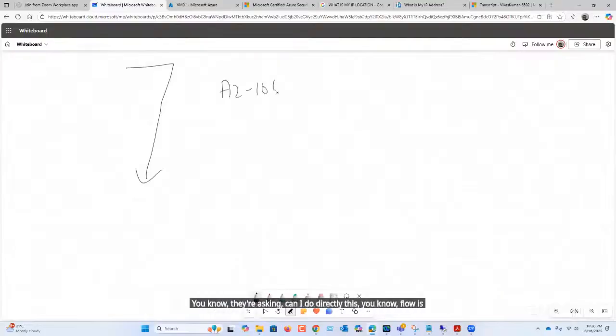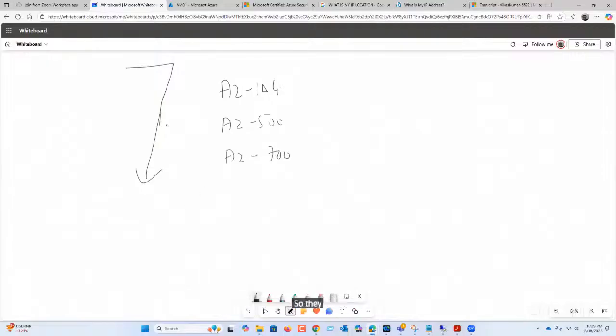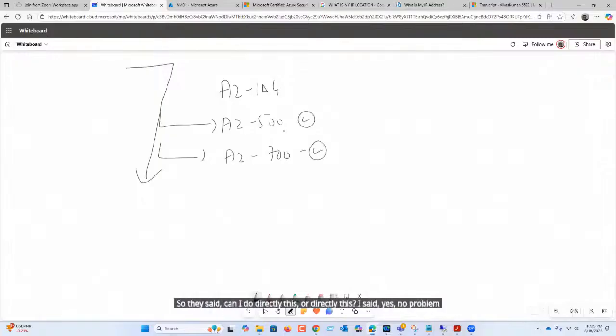Now for them, they're asking, can I do this directly? The flow is 104, and then maybe a 500 or a 700 after that. They asked, can I do this directly or that directly? I said yes, no problem, at least Azure, it's okay. Now for you, it's a reverse because you are coming from this background.